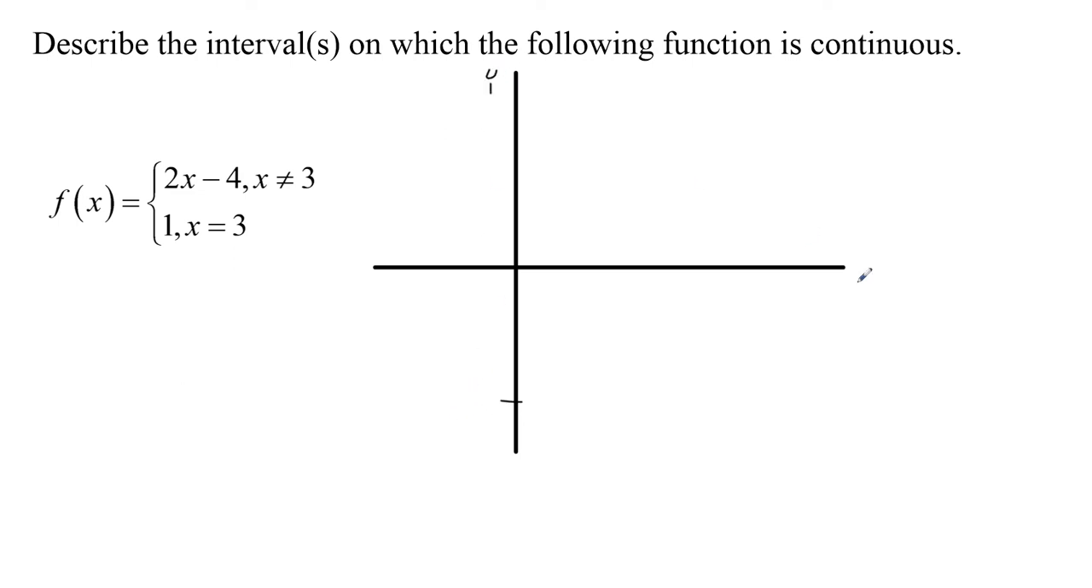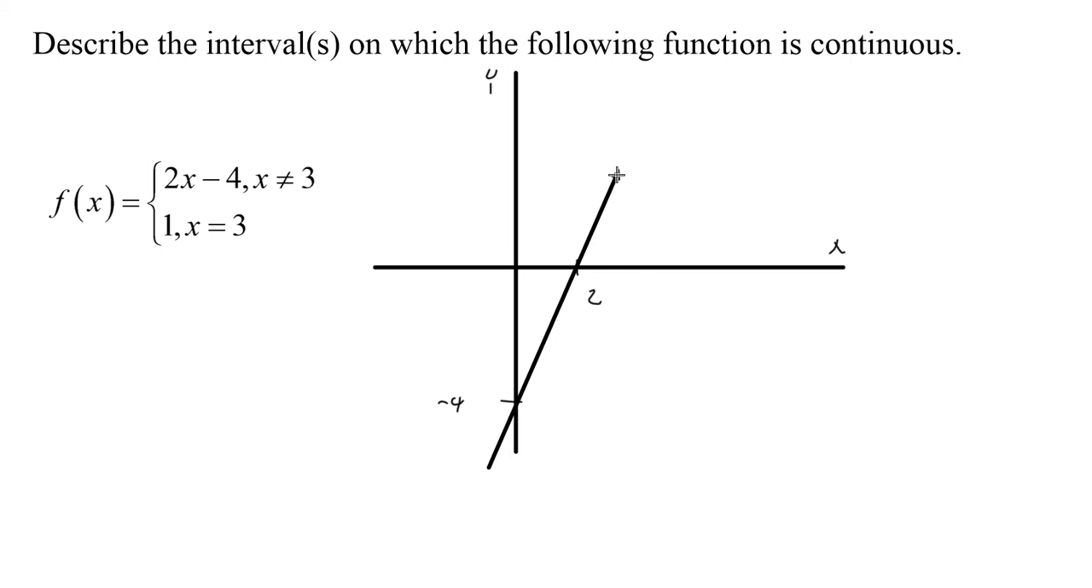Here's my y-axis, here's my x-axis. Here's negative 4, that's the y-intercept here. And then if I let x equal 2, I'll get 0. So we'll put 2, 0 there, and then we'll connect the dots with another line right here. And then again,